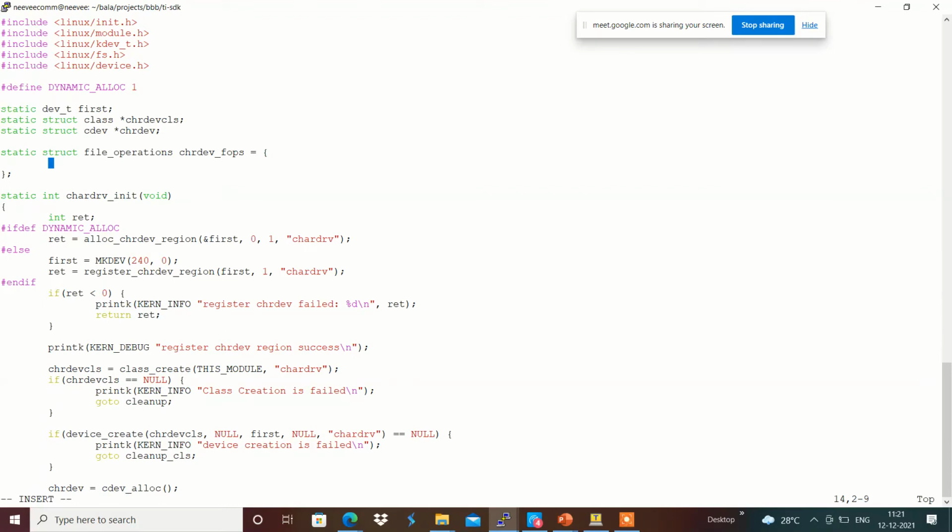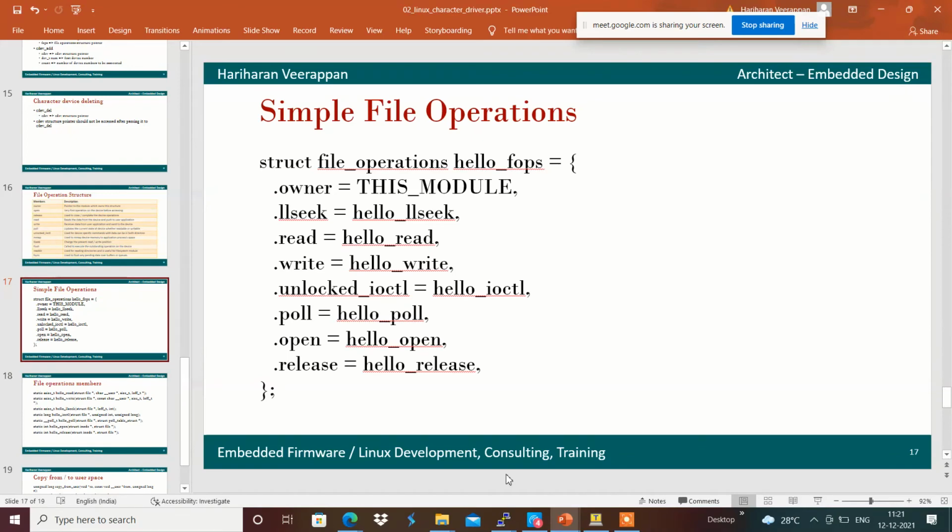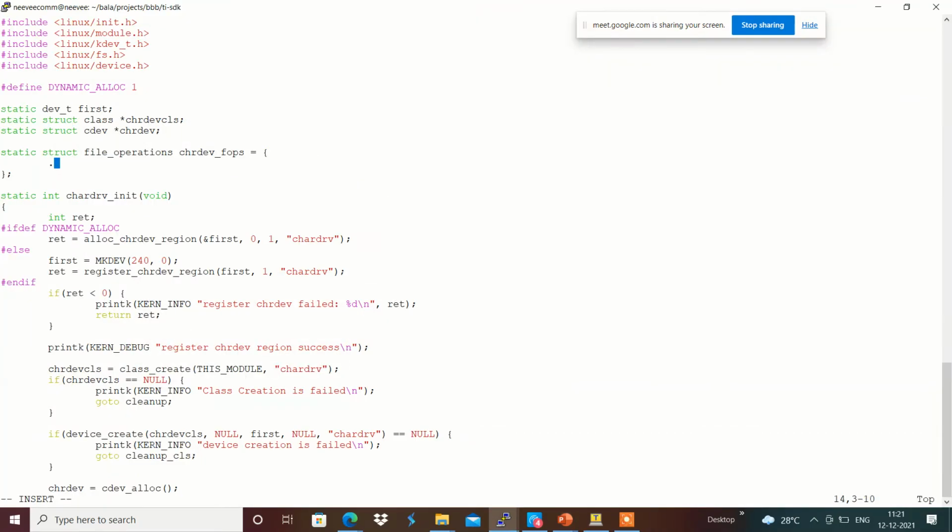In this I am going to initialize the elements over here. The first element which I am going to initialize is the owner, the current module is the owner.